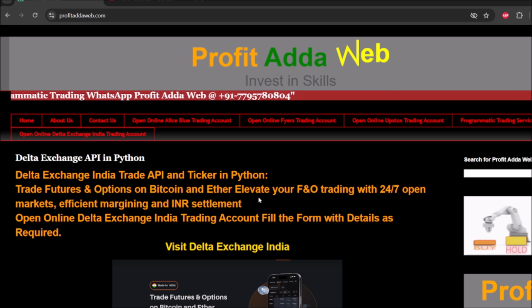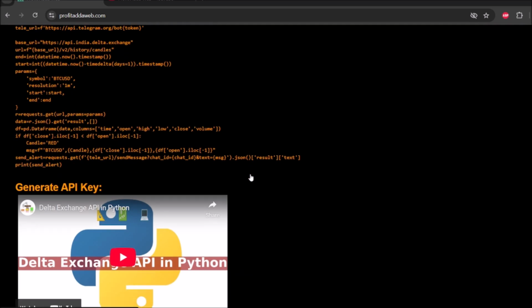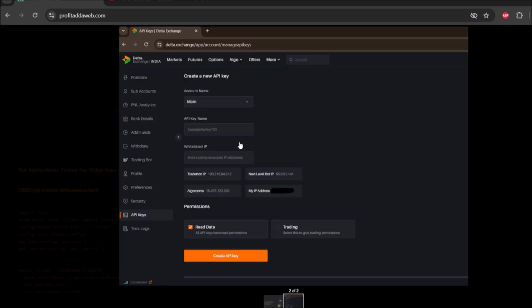And today I'm going to talk about IP, whitelisted IP. If you are trading on Delta Exchange India, you especially need this whitelisted IP. And if you are trading, you will get to know that we have two kinds of IP, IPv4,